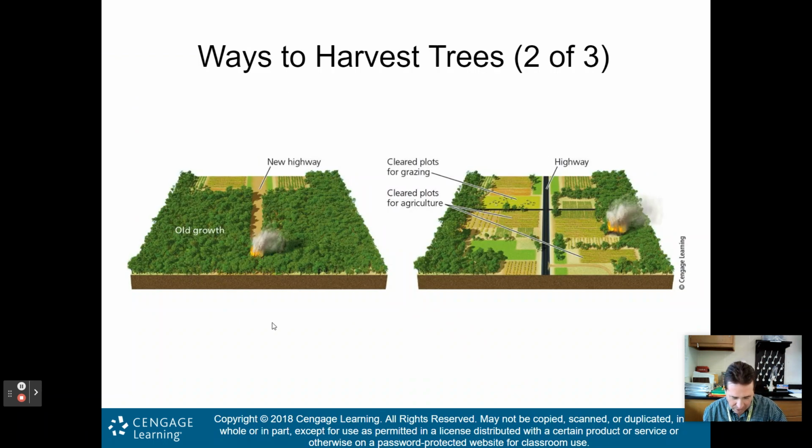So here we go. Again, this is building roads, right? This is the first step in harvesting trees. And what you'll notice is here's an old growth forest. We cut it down to build that logging road to get the trucks in to be able to cut down the trees and then take the timber out, right? But that is the initial stage of causing fragmentation of habitats, which we spoke about in the previous chapter, right?